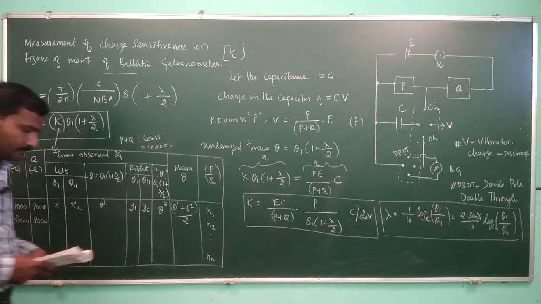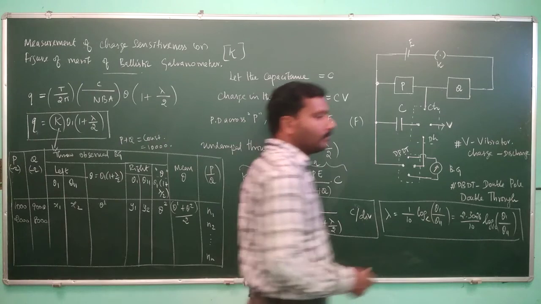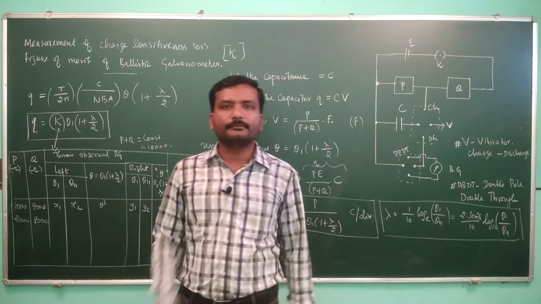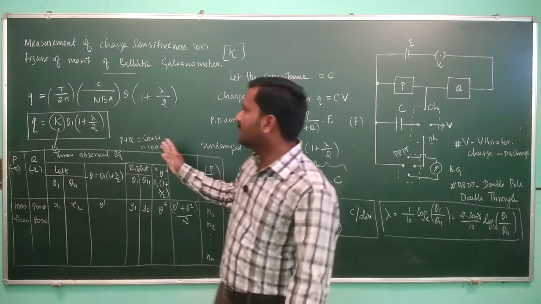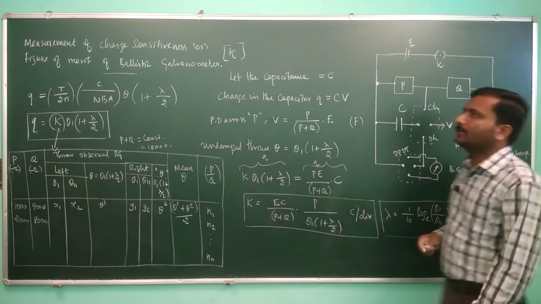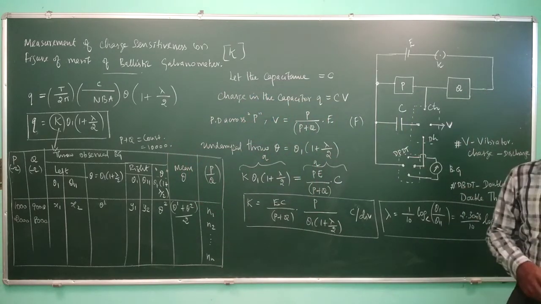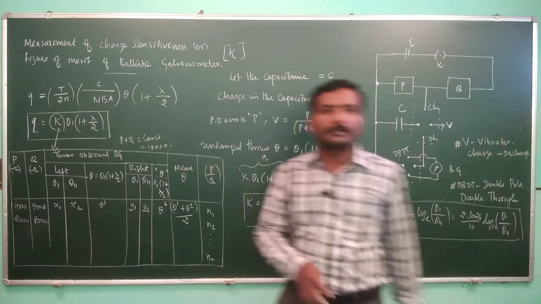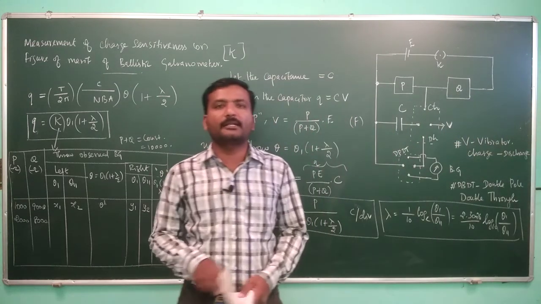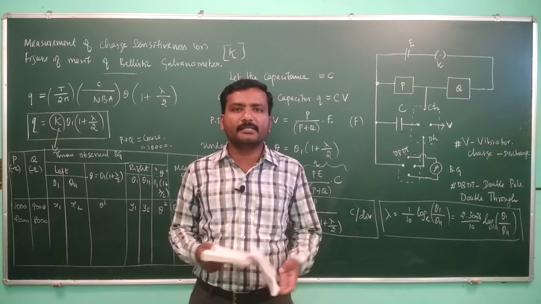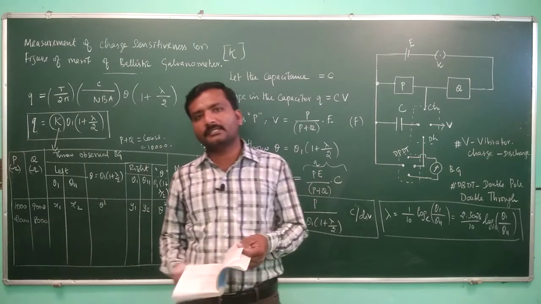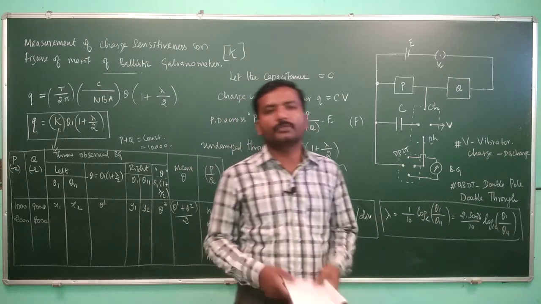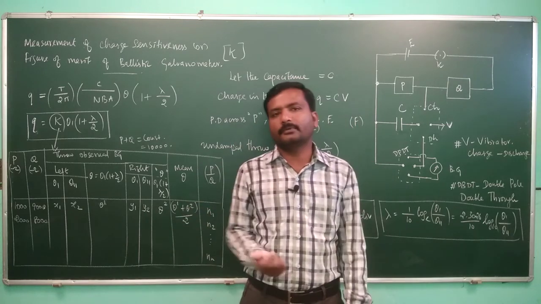So in this lecture, we have discussed what a deadbeat moving coil galvanometer is and what a ballistic galvanometer is. Then we have described the detailed procedure to measure the charge sensitiveness or the figure of merit of the ballistic galvanometer. So with this, let me stop here, and we will resume in the next lecture, where we will discuss the comparison of capacitances and the comparison of EMFs, that is the batteries, using the ballistic galvanometer.